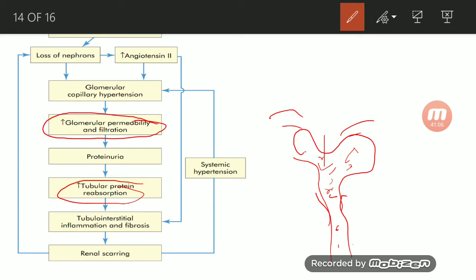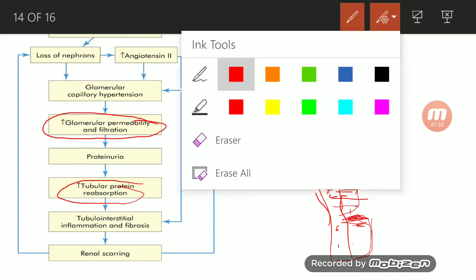Whenever increased absorption is taking place, your protein is also going to get accumulated in your interstitial space. You have absorption from your tubule, so in this interstitial space between two cells,